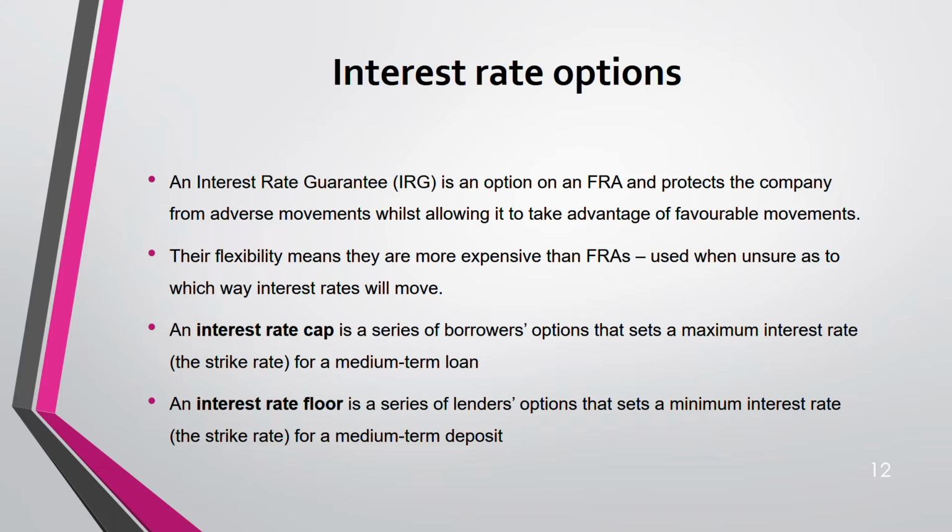Okay. Interest rate cap is for the borrower. Interest rate floor is for the lender. Why? Because lender does not want the interest rate to go beyond the floor. There's a level they fix at that rate, that this is the floor. Beyond this, interest rate cannot go. If it goes, it's a sign of worry for the one who has to deposit. And for the borrower it is the other way around. Their concern will be if interest rate goes above the interest rate cap. They do not want it to go above the cap because cap is the maximum. Understanding? So interest rate cap is used by the borrower, floor is for the depositor.